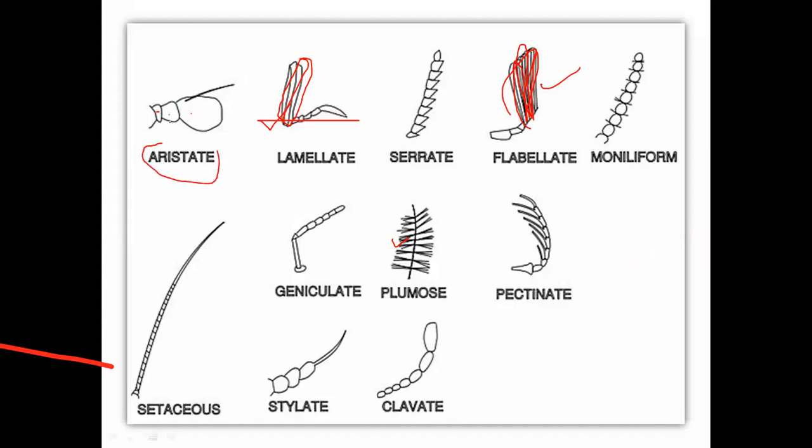So what I am talking about: three segmented, and the upper side of the third segment is enlarged, and bears a conspicuous dorsal bristle-like structure. This is called the bristle or hair. That is called the arista. Example of an aristate type of antenna is the housefly. That is a bristle-like or aristate type of antenna, which comes under the housefly type of insect.